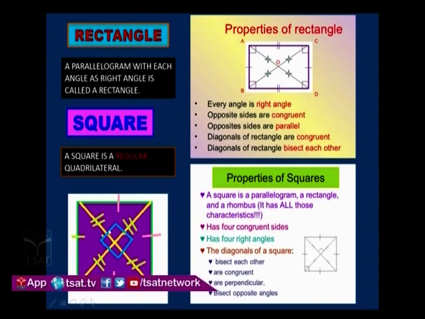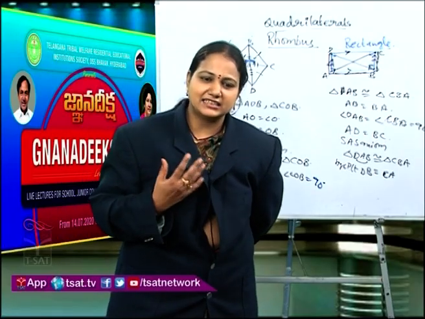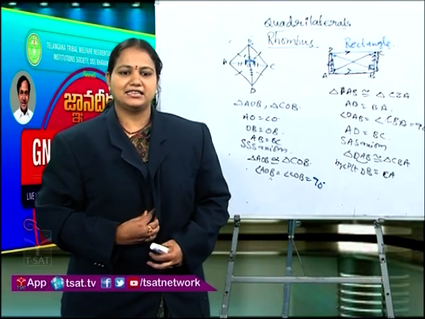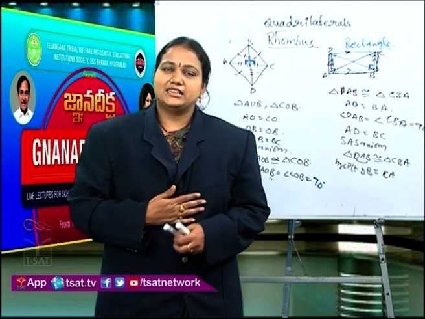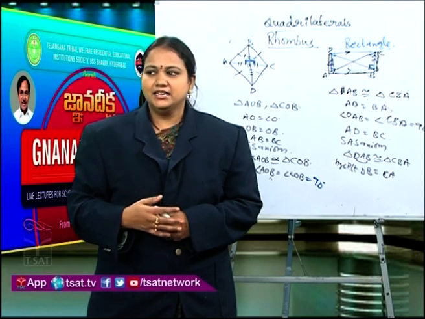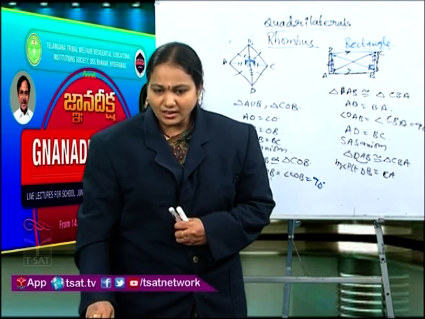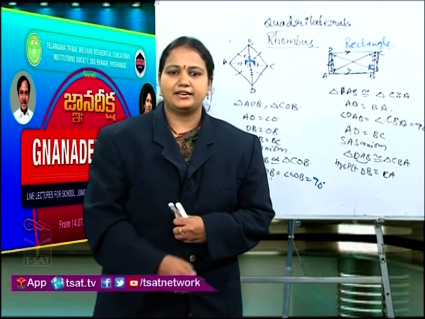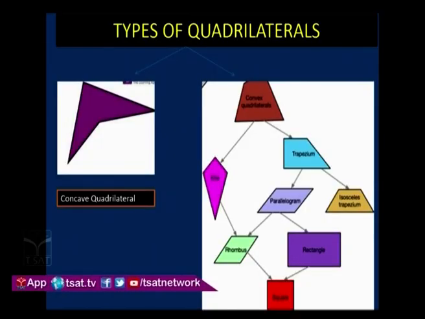After listening to all this, you might wonder how there are so many quadrilaterals, how to remember all of them and how to represent them and their properties. I'll give you a simple tip on how to represent and remember the quadrilaterals well. Look at the flow chart, children. Types of quadrilaterals. First we have the concave quadrilateral: if one angle in a quadrilateral is a reflex angle, it is called concave. If all angles are less than 180, it's a convex quadrilateral.